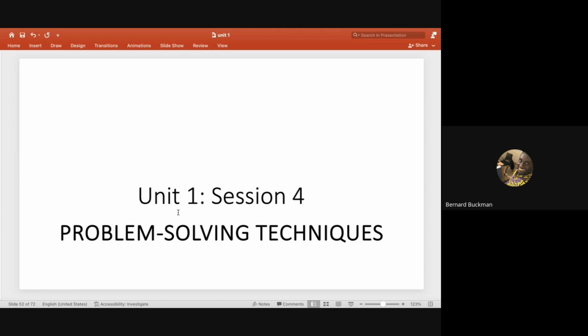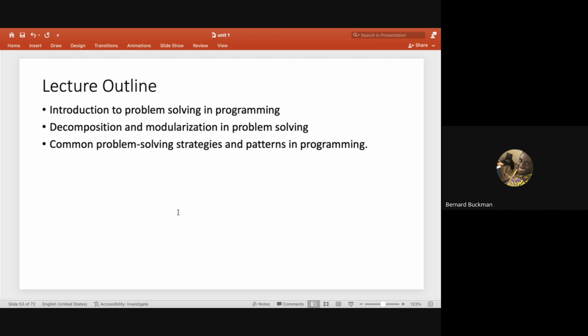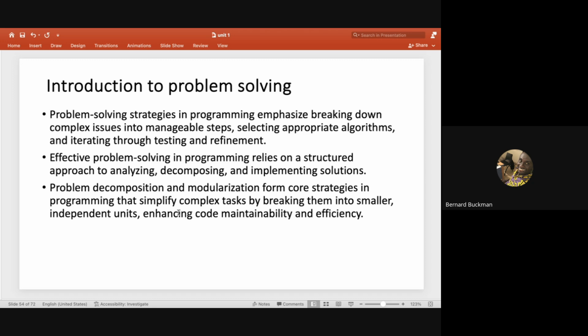Then we now move to the more general problem solving techniques, because the software development life cycle is the formal framework. Now, when you have a problem, how do you move from the problem to a programming solution? Usually we would do what we call the problem development life cycle, and then we'll do program decomposition and modularization, and then we'll use one of the problem solving strategies to design or develop the software system. Okay, are we okay?